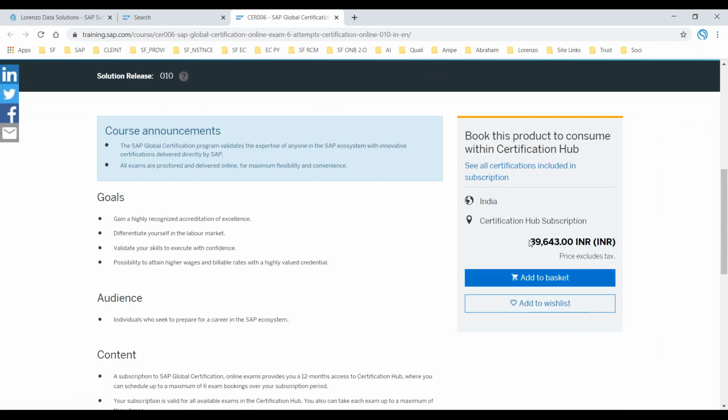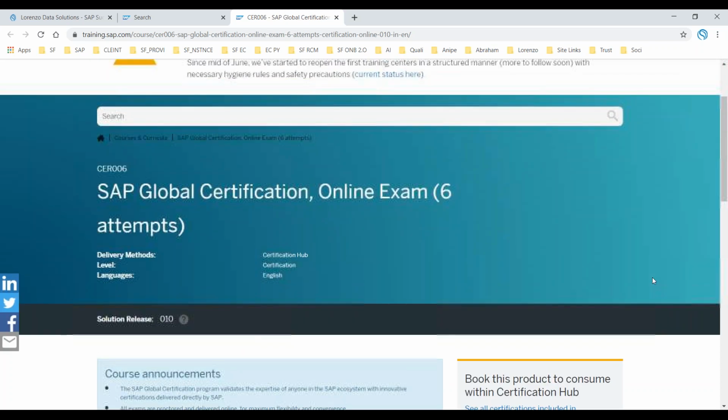The currency here is showing as Indian currency, it is 39,000 something. But remember, this is only without tax. By the time they charge, you'll be getting an invoice of more than 42,000 or 43,000, including tax. If anybody says more than 42 or 43, don't go with that.